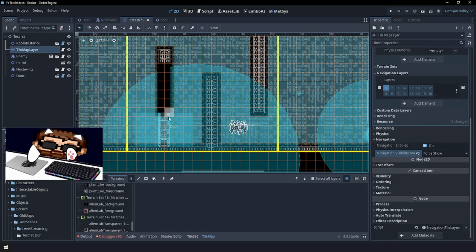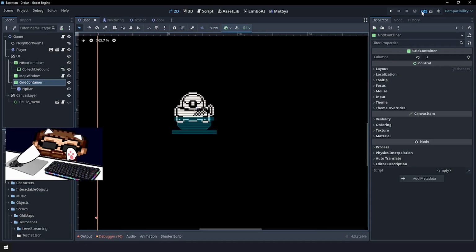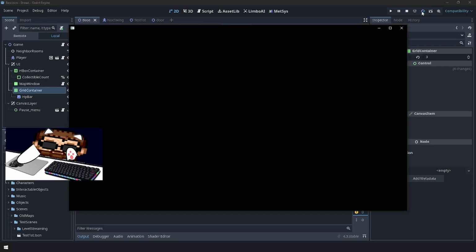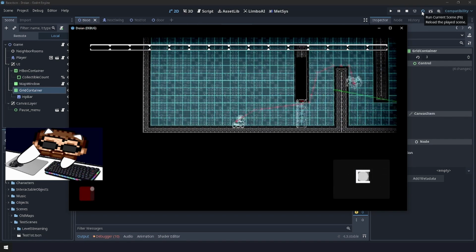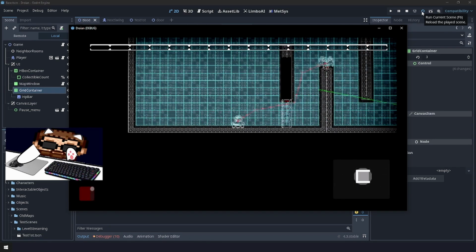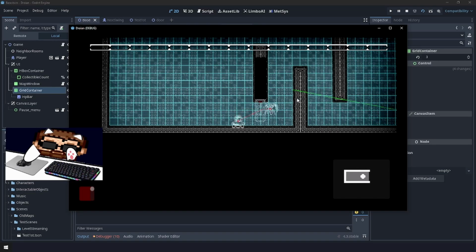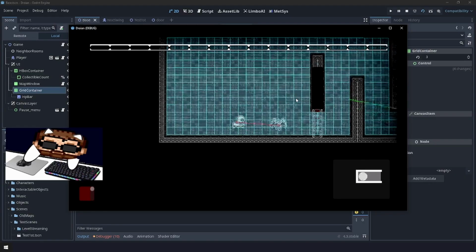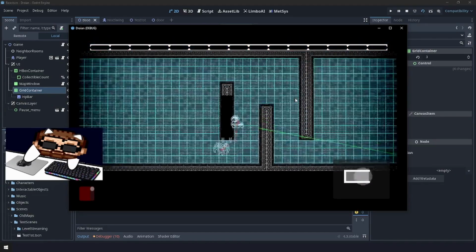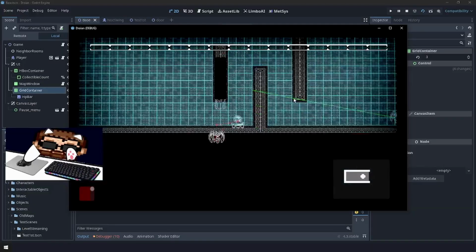It should get these squares in here and disable the movement from here, and we shall see the enemy go through the top and not from the bottom. So let's see if this actually happens. It is not. My friend,